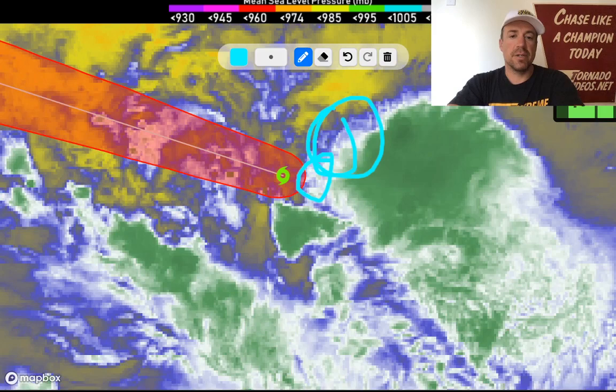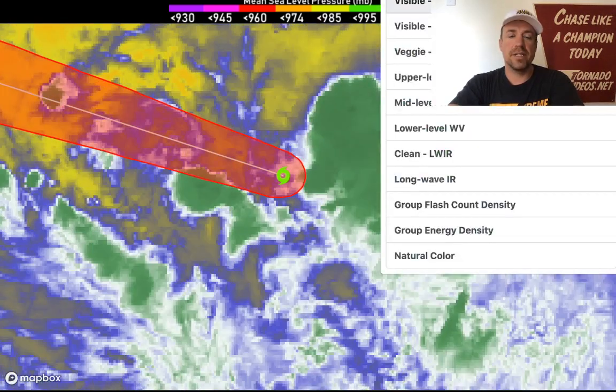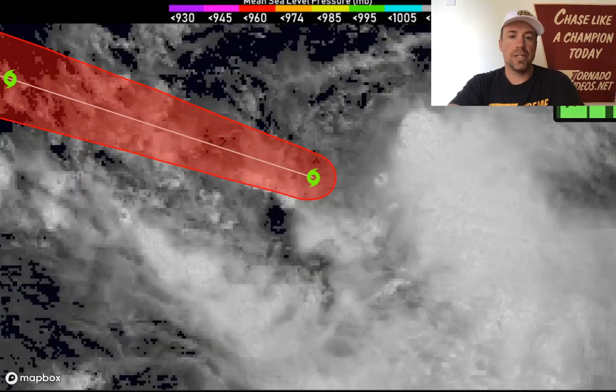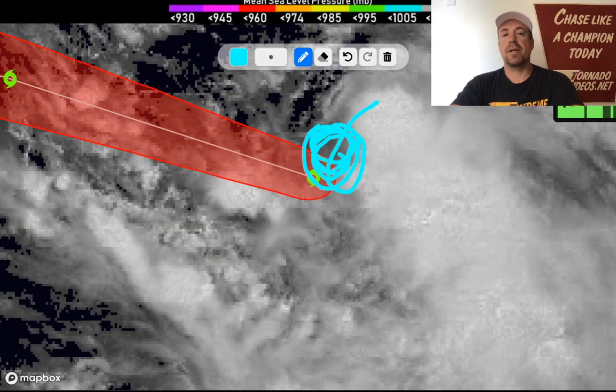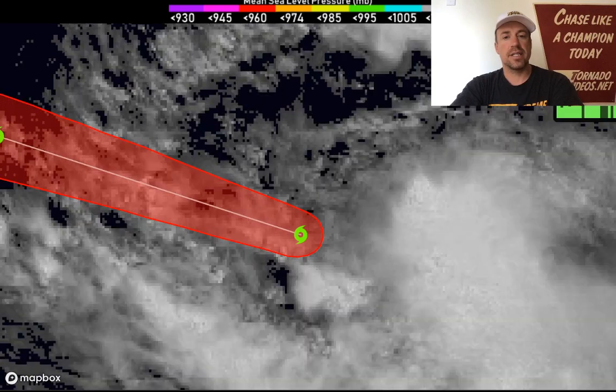You can definitely see a little bit more clearly where that center is located on visible satellite, but it does look like that convection is beginning to propagate a little bit closer to that center, which is exposed here on its western side. It's located right on the western periphery of that intense convection. And if this convection can continue to propagate west, closer and closer to the center, despite this rapid motion kind of causing a little bit of westerly storm relative wind shear here, then I do think that this thing could